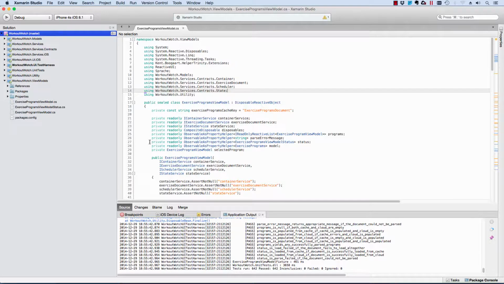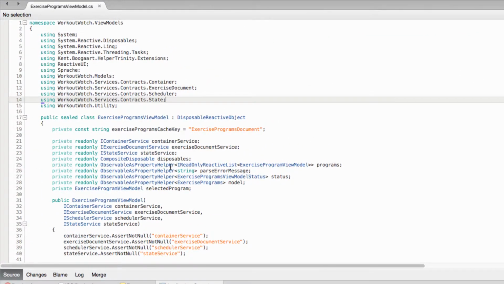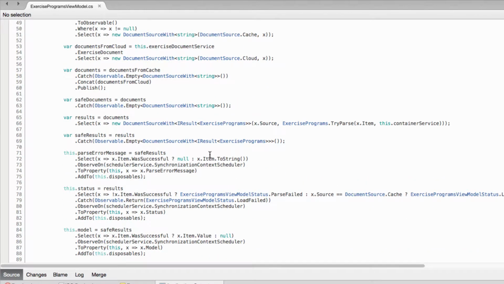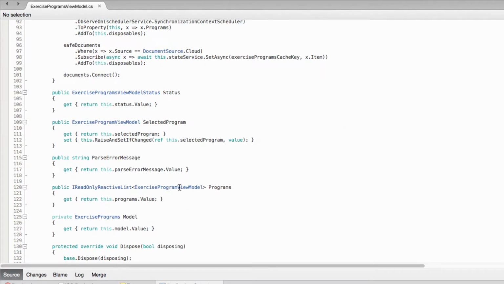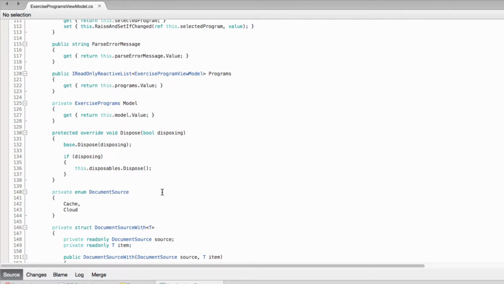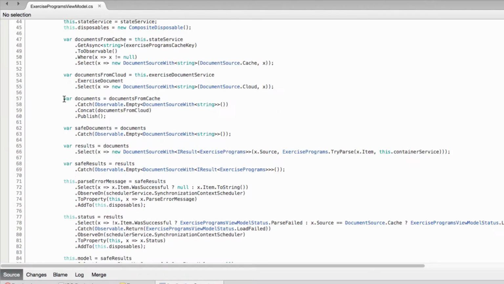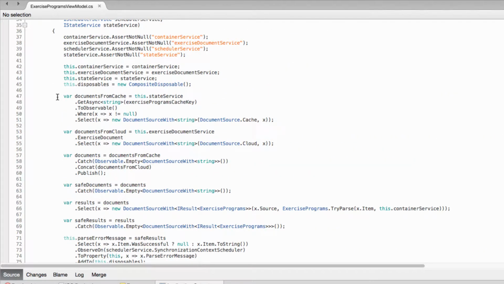Just before we get to today's view model, I wanted to discuss a couple of things about the exercise programs view model that I did in the last video. First of all, you'll notice I've changed it so that it's far more reactive. All the code that we had that was imperative in event handlers, and the private observables that we had, has been moved into the constructor, and I'm progressively building up the more complicated